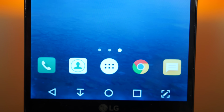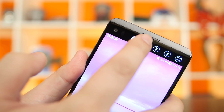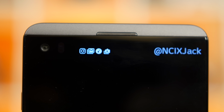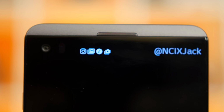On the front of the device is where things get a bit more interesting. There are 2 displays on the front, one 5.7-inch 1440 by 2560 IPS screen, and a secondary display that measures 2.1 inches and has a resolution of 160 by 1040 pixels. The entire front is covered with Gorilla Glass 4. Next to the secondary screen, we have the 5-megapixel front-facing camera, and just a little bit above the second screen